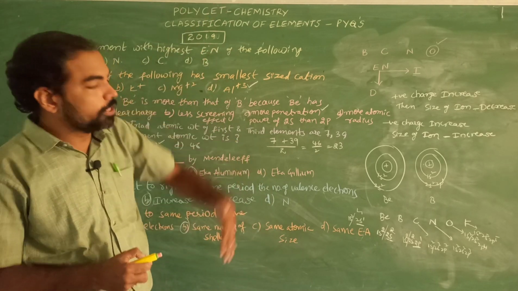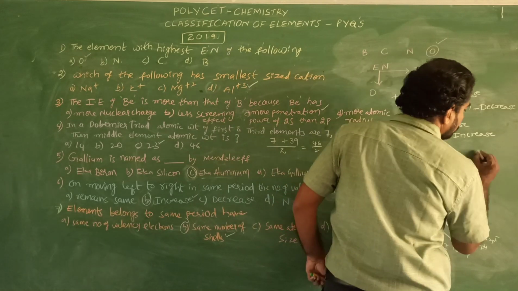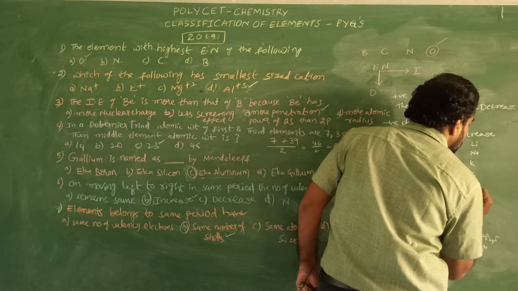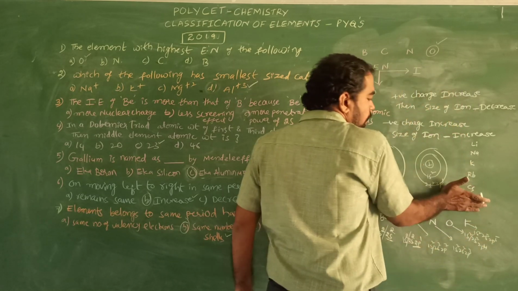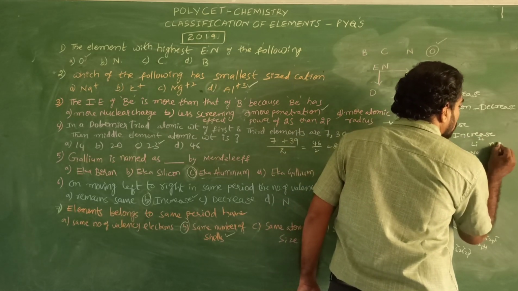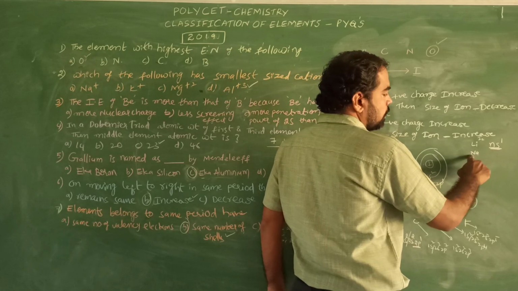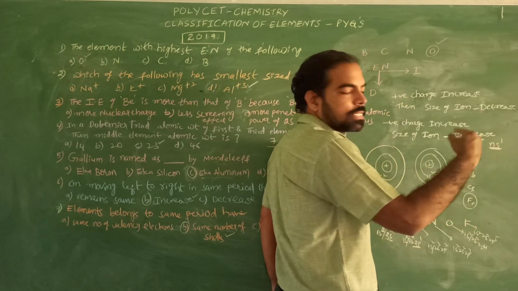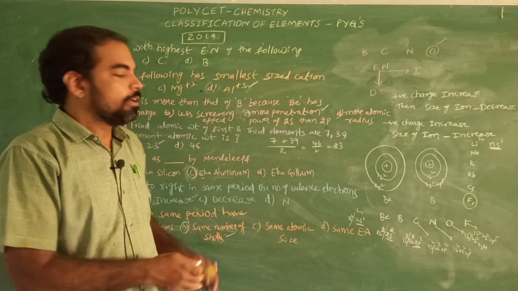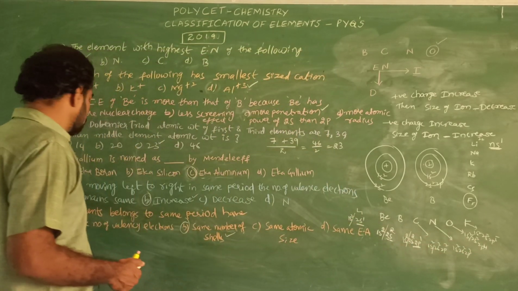Remember, whereas down the group, what happens to the number of electrons in the valence shell? Let us see one example: lithium, sodium, potassium, rubidium, cesium and francium. Francium is a radioactive element. These are the first group elements. The electronic configuration of the first group is ns1. That means in lithium 1s2 2s1, whereas in sodium 1s2 2s2 2p6 3s1. That means in the valence shell the number of electrons is the same down the group, whereas across periods the number of electrons increases. This was already discussed in the 6th question.